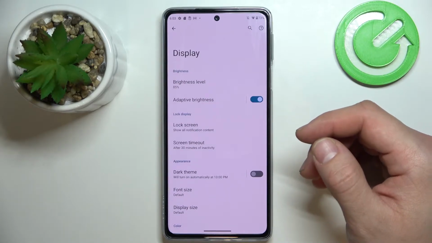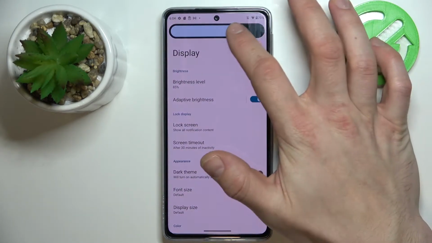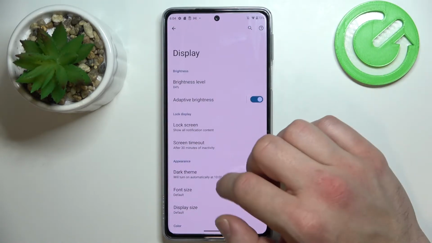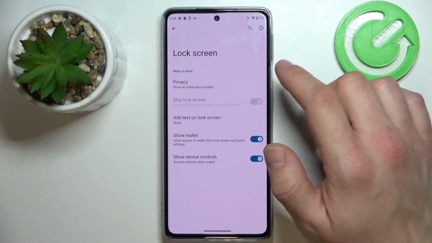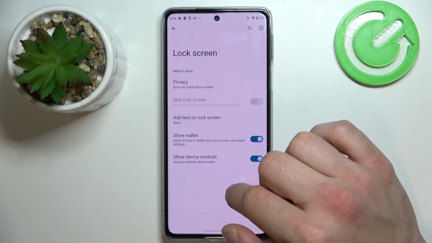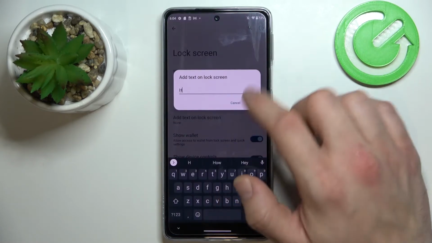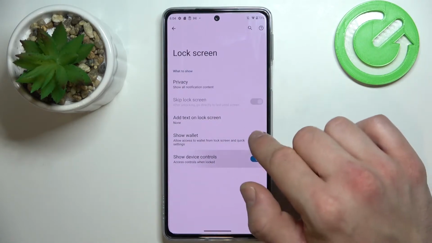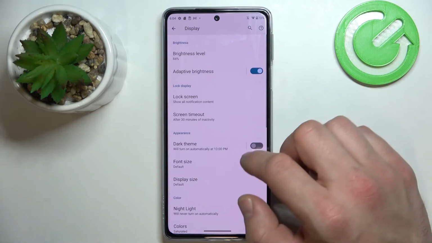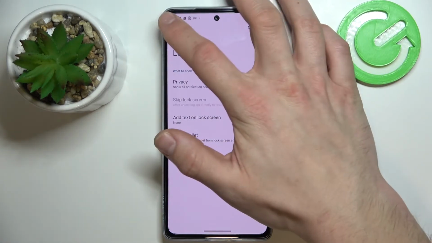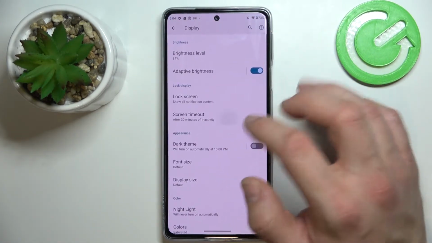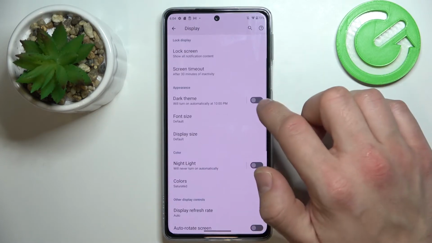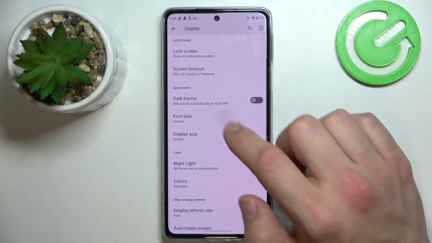Let's start with the top of the list, where you can change brightness level, enable or disable adaptive brightness, manage lock screen notifications, privacy, add text on lock screen, show wallet, and show device controls. Next, we can change screen timeout between 15 seconds and 30 minutes, enable or disable dark theme, change font size,